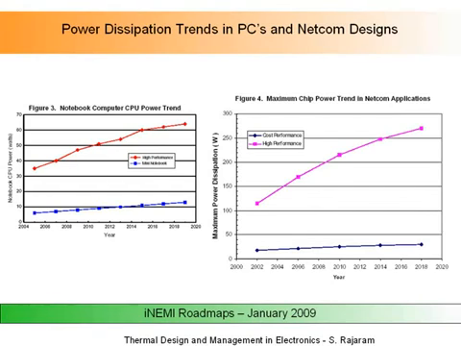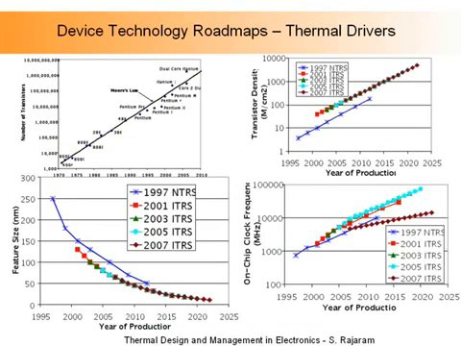What is driving these thermal dissipations? A lot of it is driven by the device technologies. Most of you have probably heard of something called Moore's Law that states that the number of transistors sort of doubles every 18 months or so. So that's what you see in these graphs. What you see in this graph here on the left-hand side is the number of transistors, and as you can see, as we went from, say, just take 1990 to 2010, you can see the tremendous increase, and it's a continuous increase all the way from 1970 to today, and it's going to happen continuously.